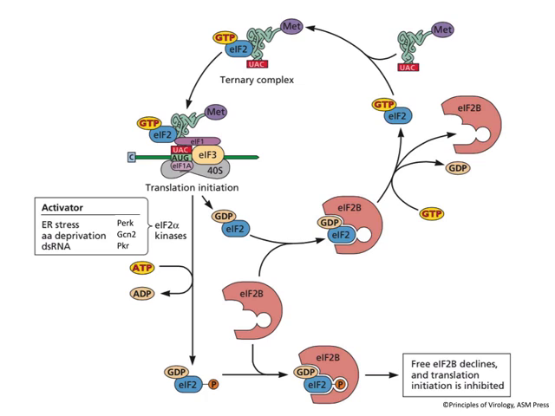And finally, the presence of double-stranded RNA, which is a signature of virus infection, activates a kinase called PKR, which also phosphorylates eIF2. So in a lot of stress situations, the cell shuts down translation. If there are no amino acids around, that makes perfect sense. If there are misfolded proteins in the ER, you want to wait until they can be fixed and refolded before you make more. And finally, if you've got a virus infection, you want to shut down translation because maybe that'll stop the virus from spreading to other cells.